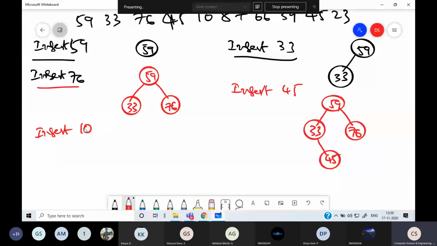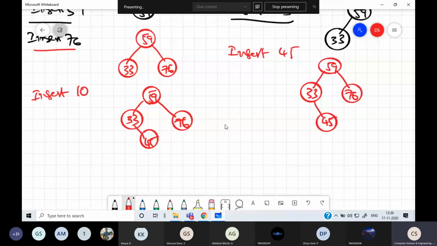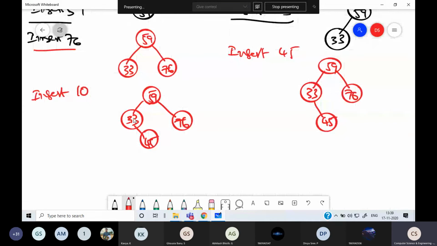The existing tree is 59, 33, 45, 76. 10 is less than 59, so it will come towards left. 10 is less than 33, so it will come here. Now 10 we have inserted.